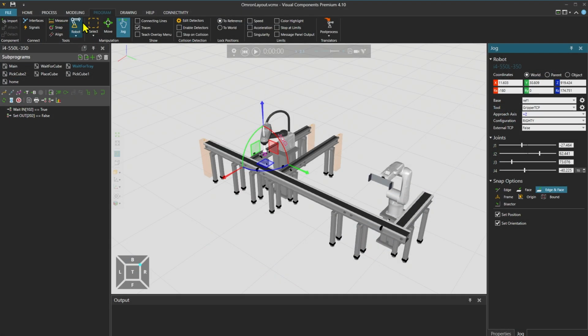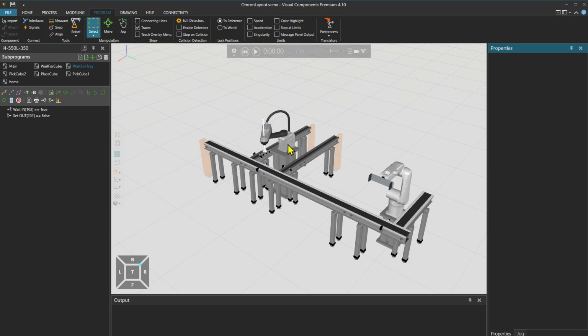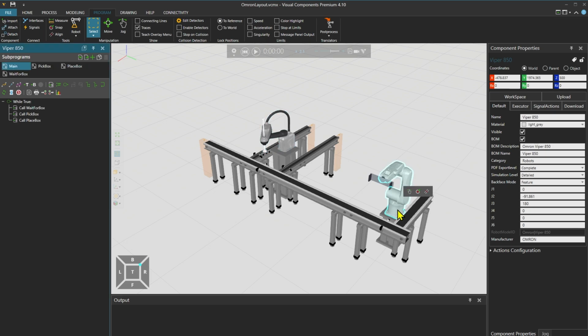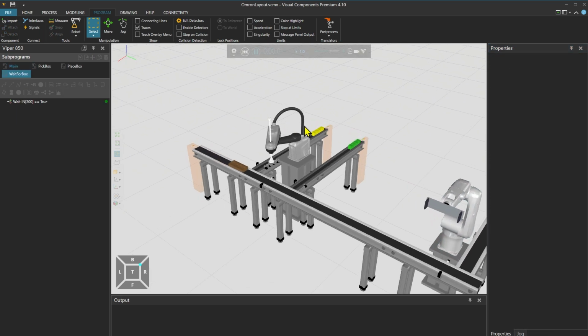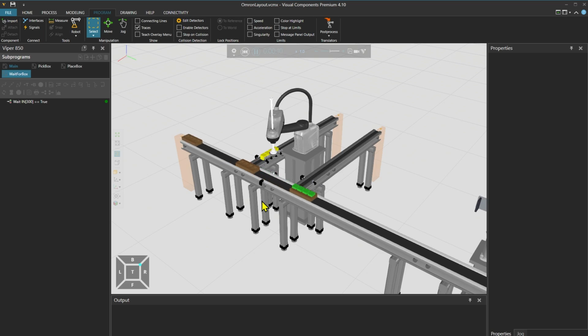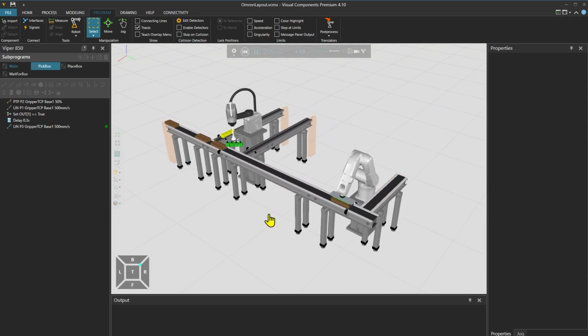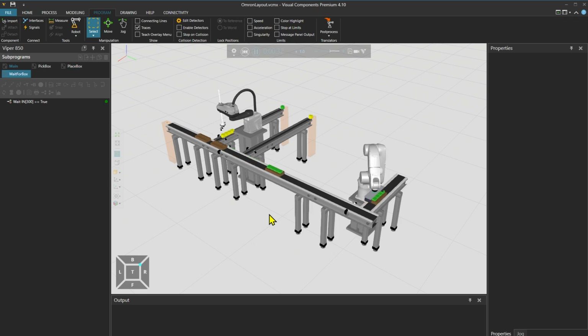We are in the Program tab, and we have created a layout to show the Omron Robot plugin. It includes a SCARA robot, i4 550L350, and one 6-axis robot, a Viper 850, from the Omron collection in the eCatalog. If we click play to run the simulation, we have cubes coming from one feeder and empty trays coming from another. The SCARA robot picks the yellow and green cubes and places them into trays, which move on to the next station, where the Viper robot picks up a tray and places it onto the